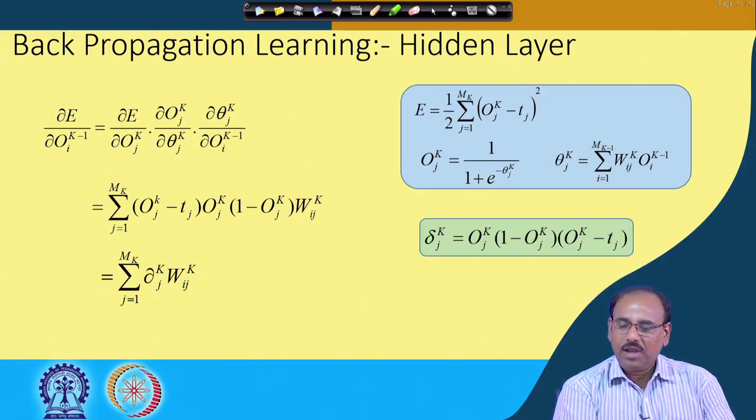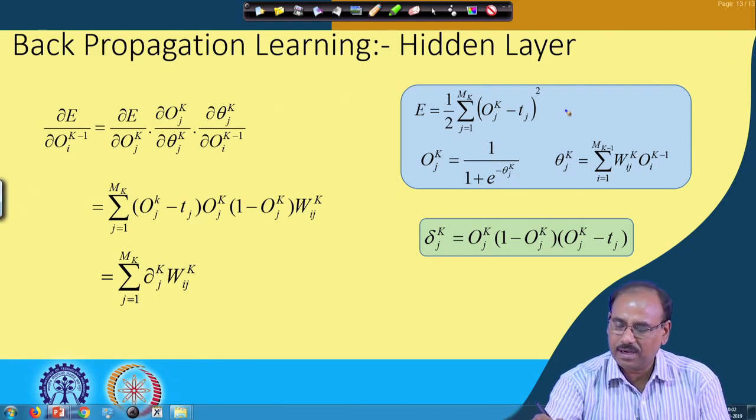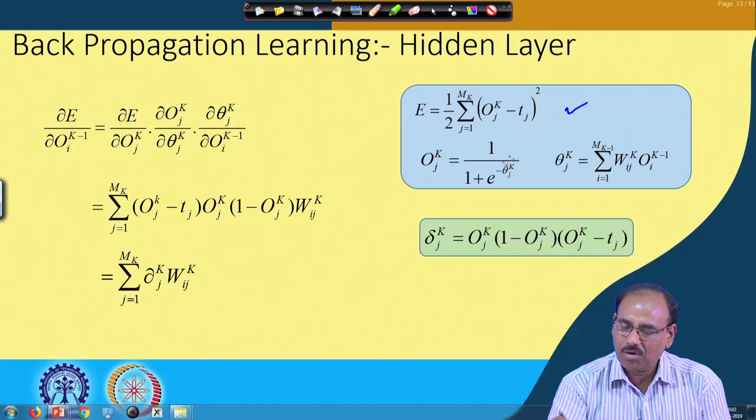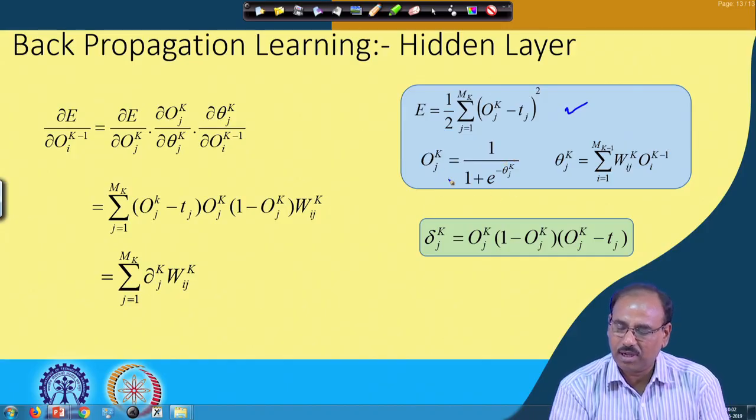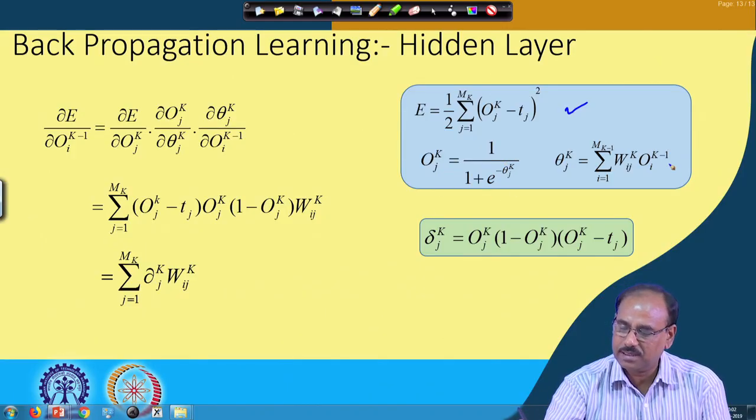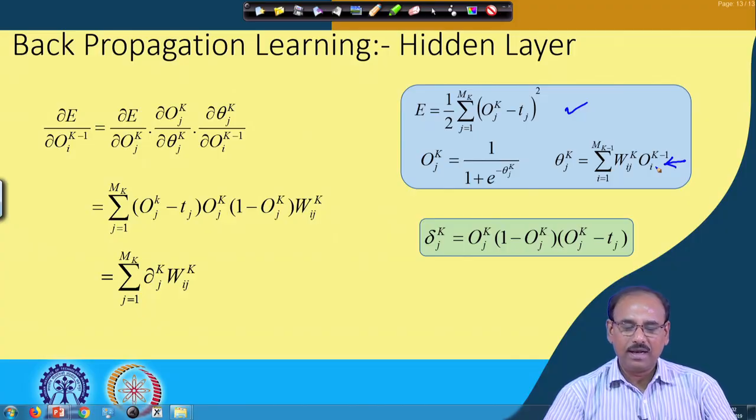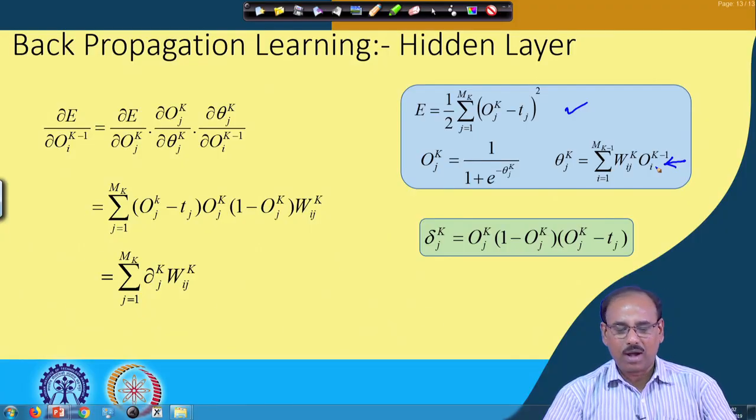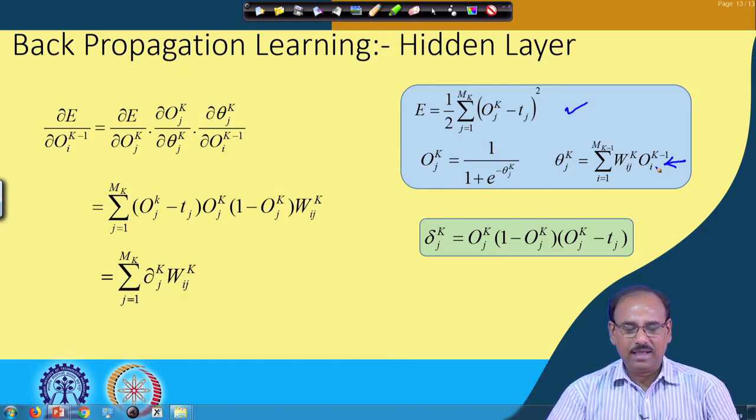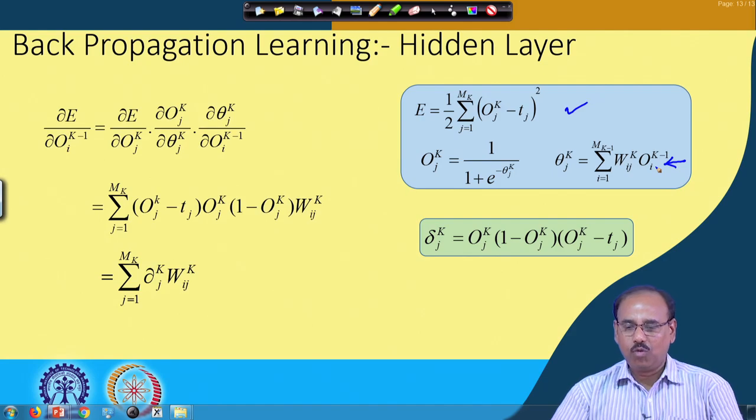Over here you find that E is given as we have already said, the error at the output layer, where O_j^k is the sigmoidal function of theta_j^k, and theta_j^k is nothing but the weighted sum of O_i^(k-1). So, given this, del E / del O_i^(k-1), again by chain rule, I can write as del E / del O_j^k into del O_j^k / del theta_j^k into del theta_j^k / del O_i^(k-1),